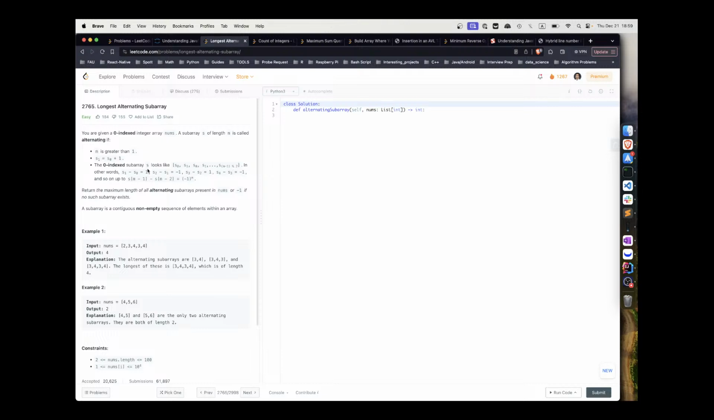In other words, S1 minus S0 is 1. S2 minus S1 is 1. Wait, hold a second. Wait, what the hell? Okay, we are given an array, a subarray S of length m is called alternating if m is more than one and the next always plus 1. I see. In other words,